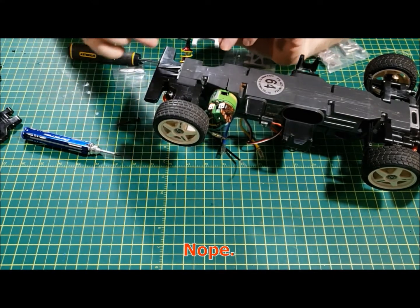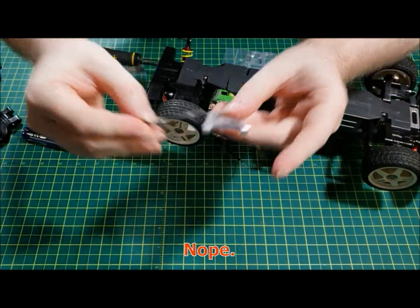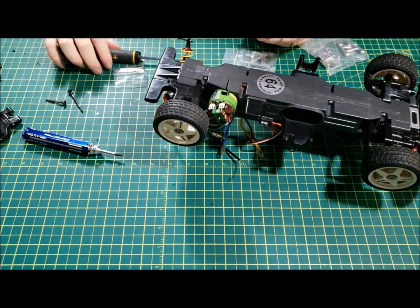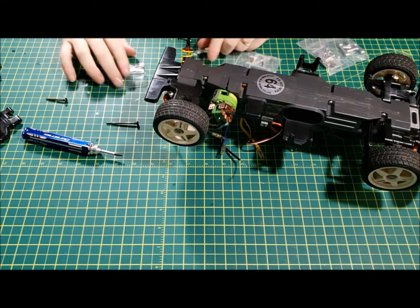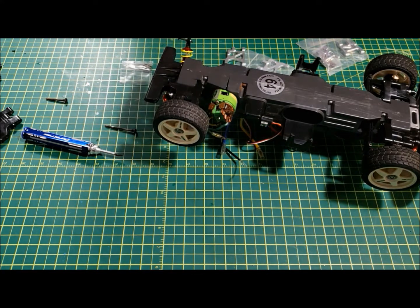Can't use the screws because they're too long. There's nothing to lock them in place. So you do have to use the C-clips. So we're going to try that now. But before I do,